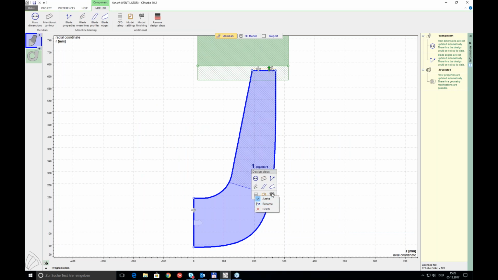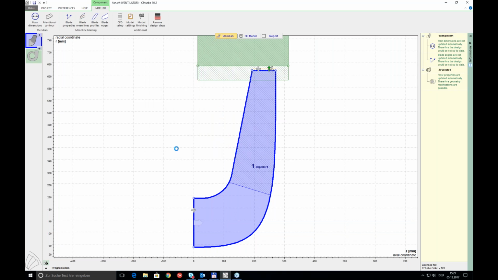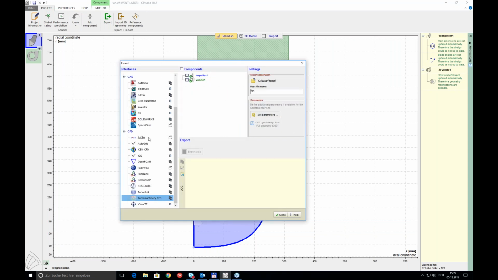And the very last step is to run what we call the model finishing, and in the model finishing, all the surfaces that have been defined so far will be extracted a bit, and then the intersections of those surfaces will be calculated, and using some 3D Boolean operations, a very clean 3D geometry of the fluid negative will be generated. At this time, one can also introduce some fillet at hub and shroud, but I'm not going to do that here for the time being, or for the sake of time. And after a couple of seconds, I'm ready with that, and now I'm able to export my geometry into various